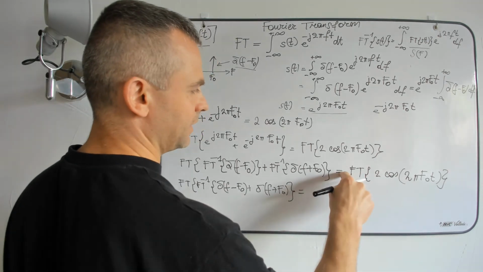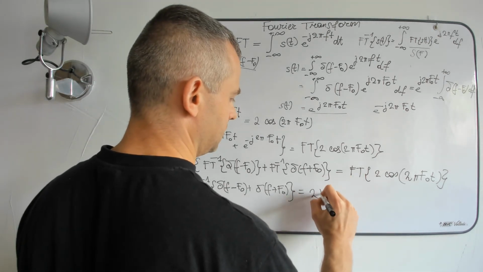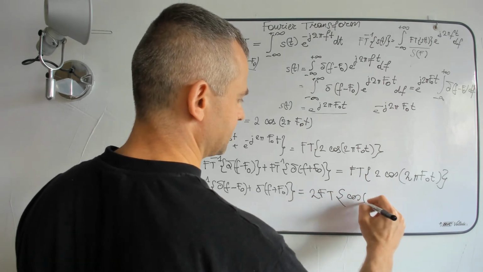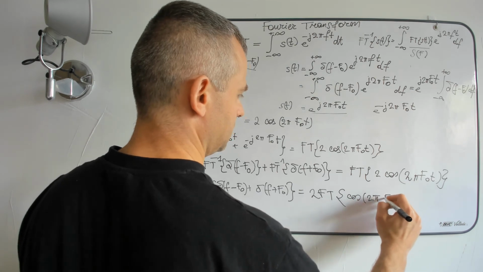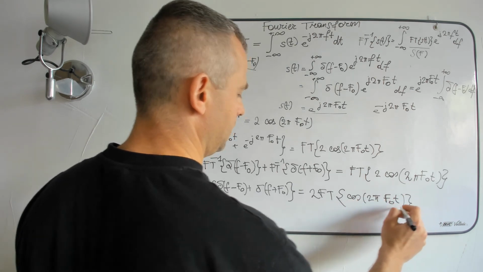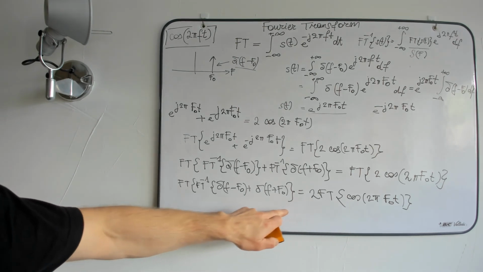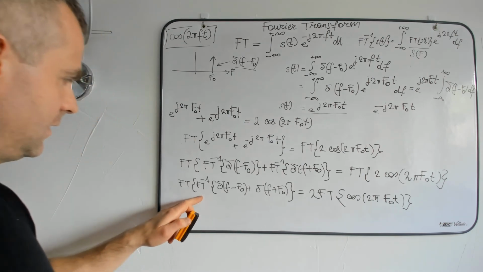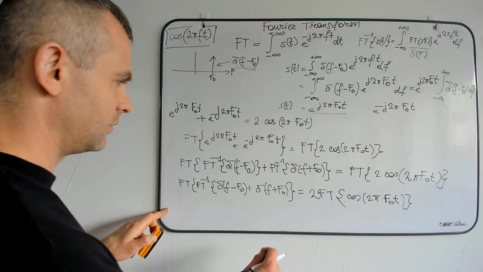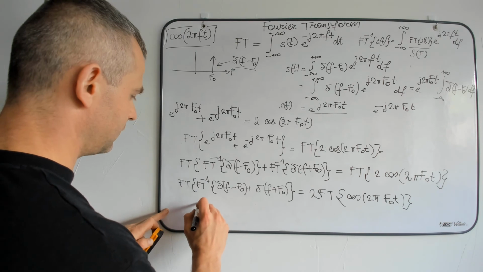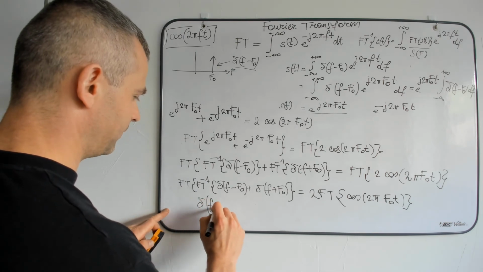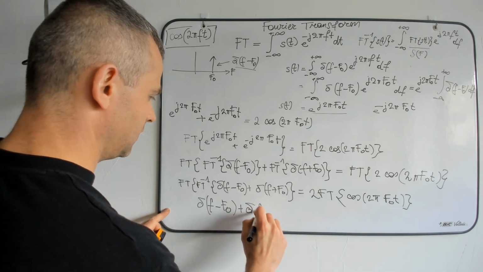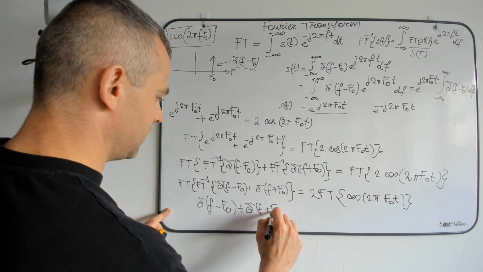I moved the 2 in front of the Fourier transform because it's a constant. We can perform this kind of action if it is a constant. And the Fourier transform of the inverse Fourier transform is 1. So we got the value of delta function delayed by minus f0 plus delta function delayed by plus f0